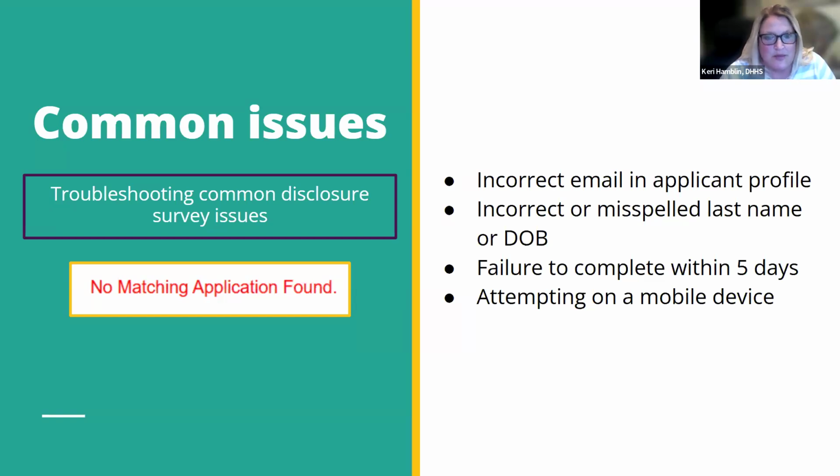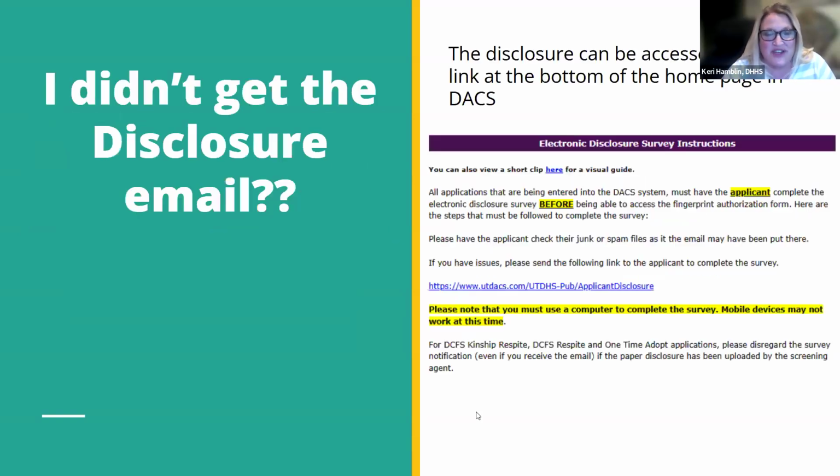We do recognize that the email sent to applicants comes from a really wonky email address. It comes from a company called Innovative Architects, and that's actually our developer for DACS. You would think it would be simple to say, can we just have it come from CBS unit DACS, or disclosure? It actually takes a lot of development and a lot of time and a lot of money, and we just don't want to spend our resources. So we know it's not optimal, but we're kind of stuck with that.